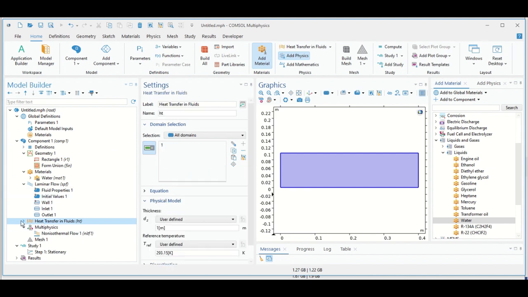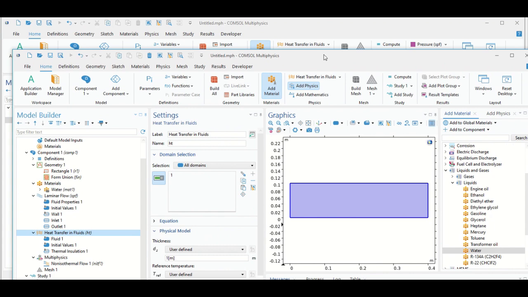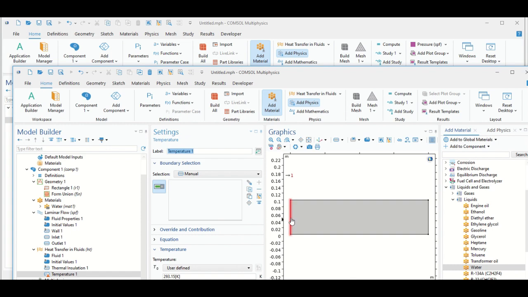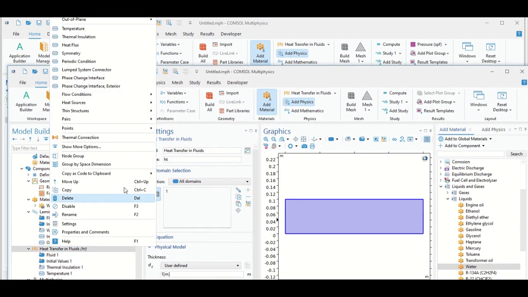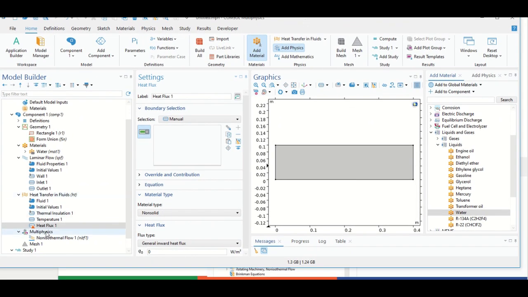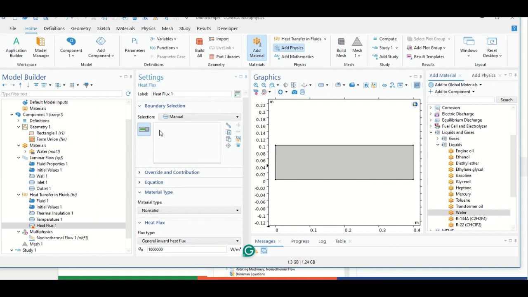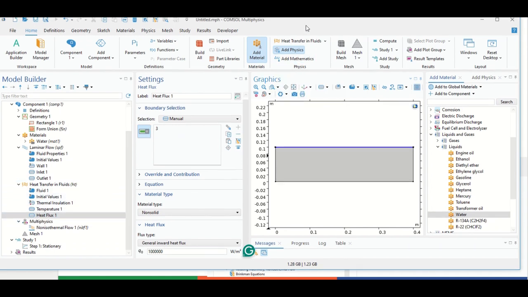Okay, now we can define the boundary condition which is related to the heat transfer. At first, we have a temperature inlet here with the amount of 300, and also heat flux here. Yes, we can define as a parameter or here 1000 kilowatt per square meter. For this boundary condition, we have to define the line which is related to our system, and then the next